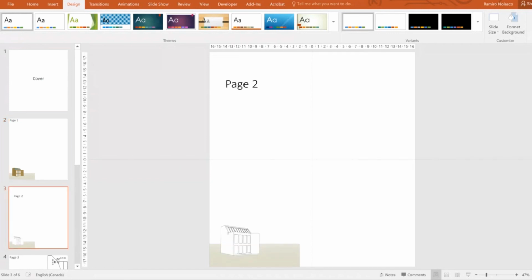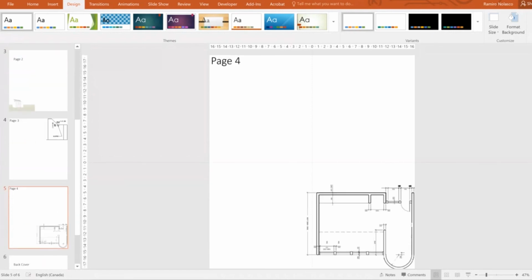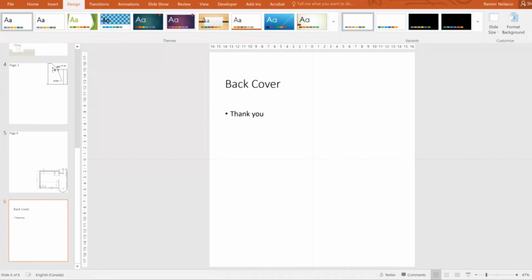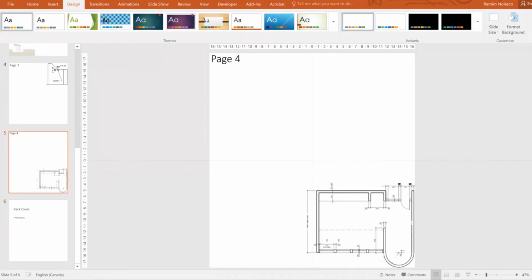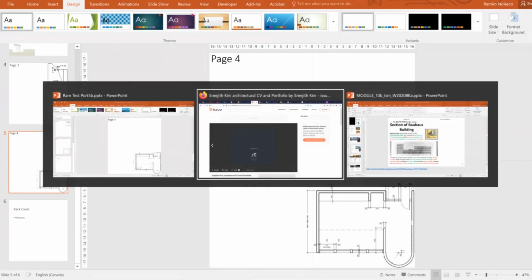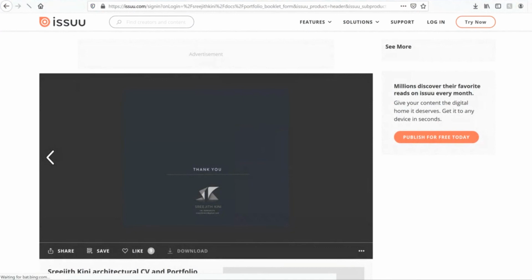So pages 2 and 3 will actually show as one layout in issuu.com. That's why I have slides 2 and 3, and then 4 and 5 will be one layout. Okay? And you can always have more pages. And then finally, your last page will be your back cover page. So you have page 1 as your cover page, then 2, 3, and then 4, 5, 6, 7, and then create a back page. Okay. So once you have completed this and made a layout, you can now log in